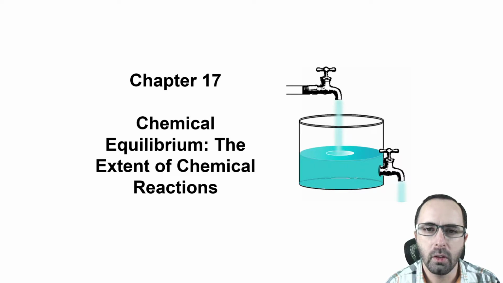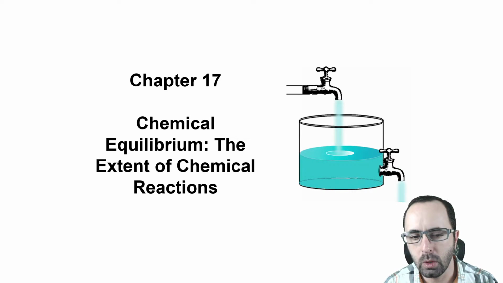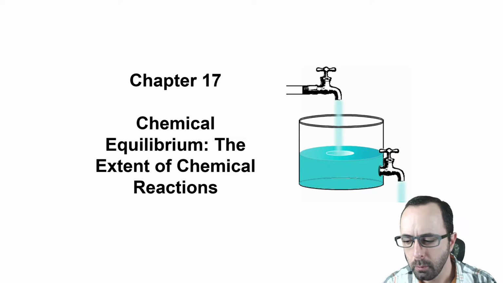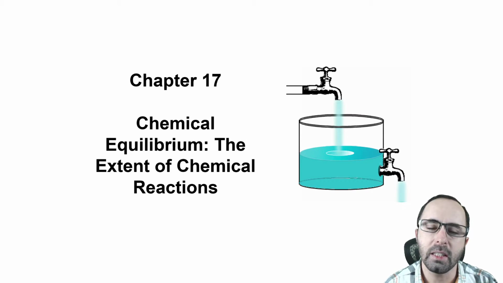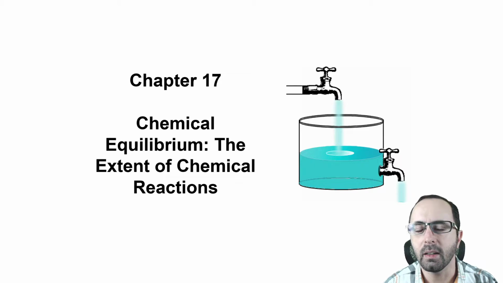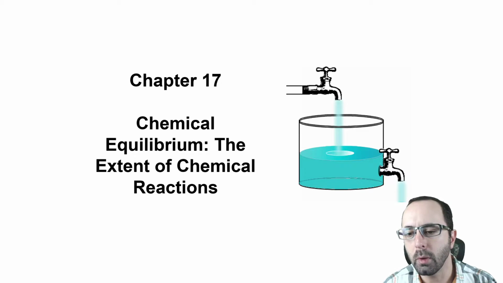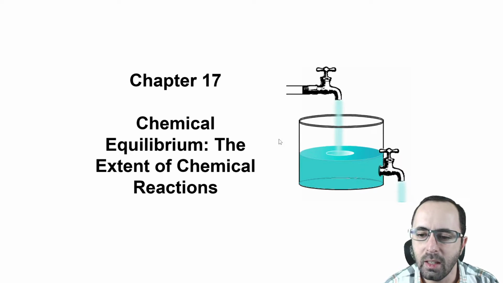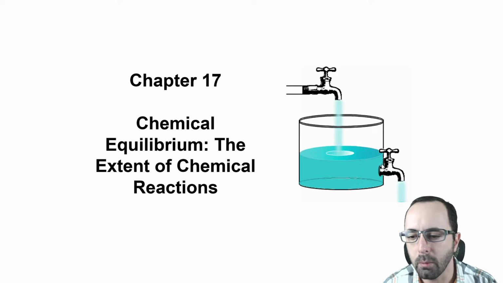We're now going to start talking about Chapter 17, which is all about equilibrium. So at the very end of Chapter 16, which was about kinetics, we started to define the idea of equilibrium. So equilibrium in chemical reactions is somewhat like what you see here in this picture of an equilibrium for a